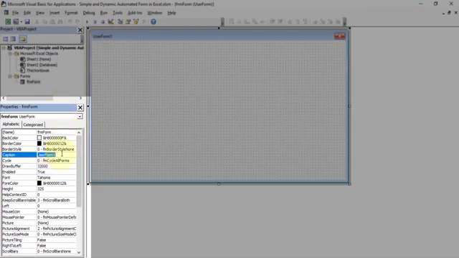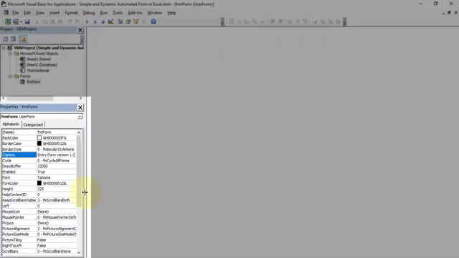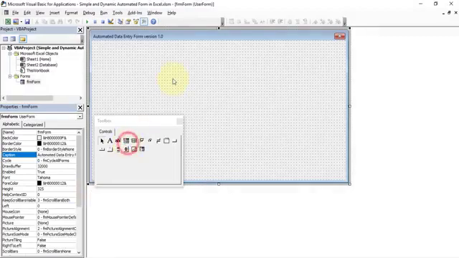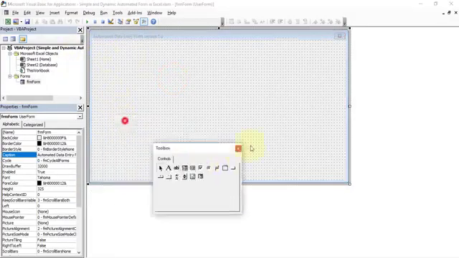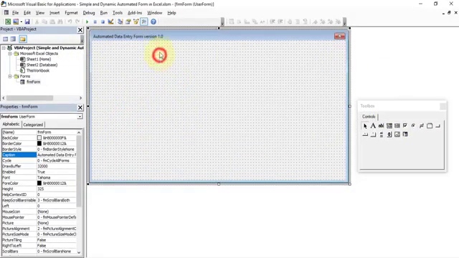Let's give the caption as automated. Now you can see that the width, height, name and caption have been set for this particular form.